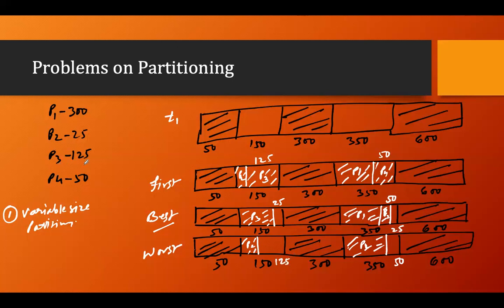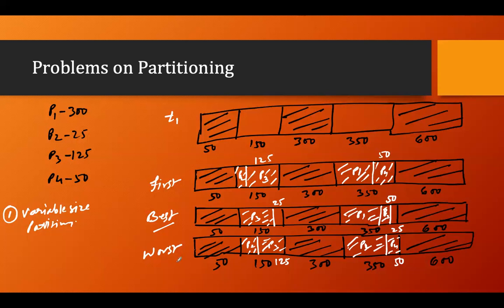Next is P3. What is left? 125 and 50. Which is the highest? 125. Can we accommodate? Yes. So here P3 will come. Next is P4. It requires 50. I have only one choice left, P4. So you can see here, in the worst